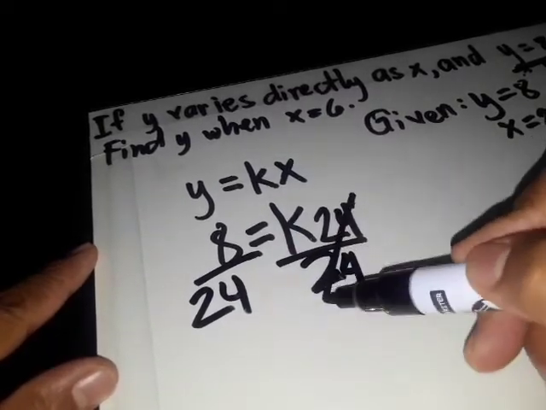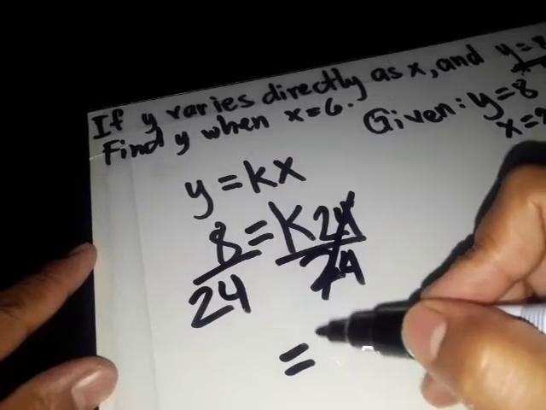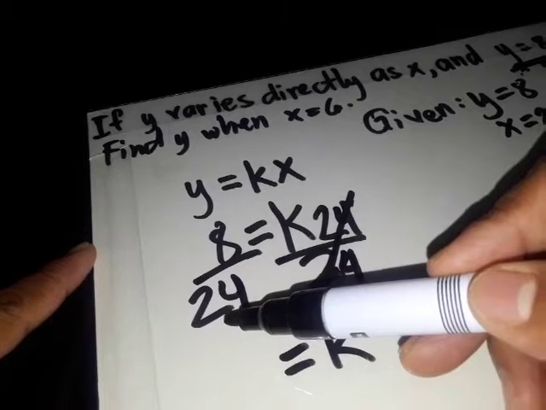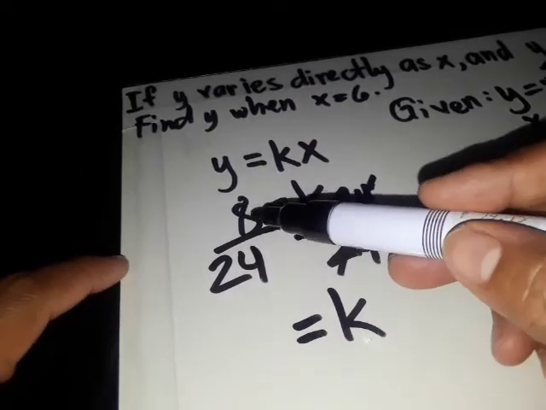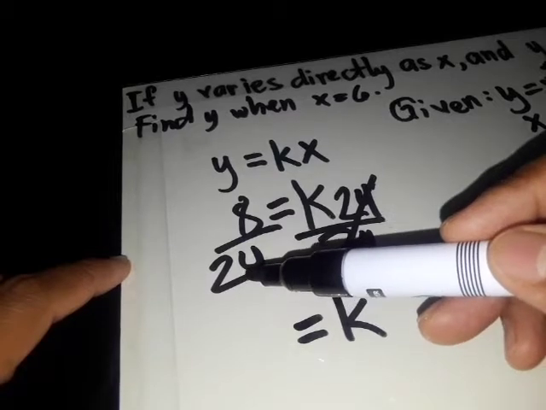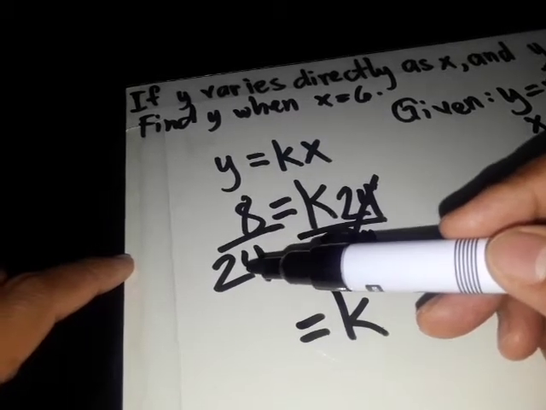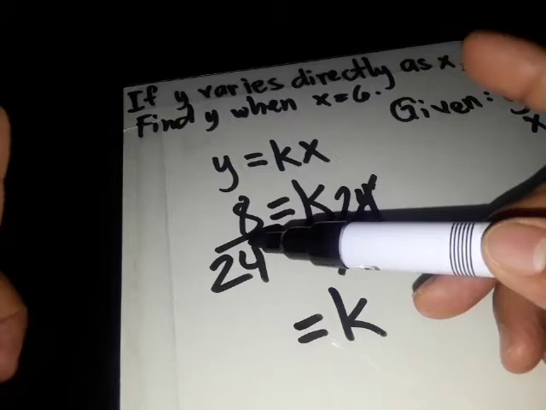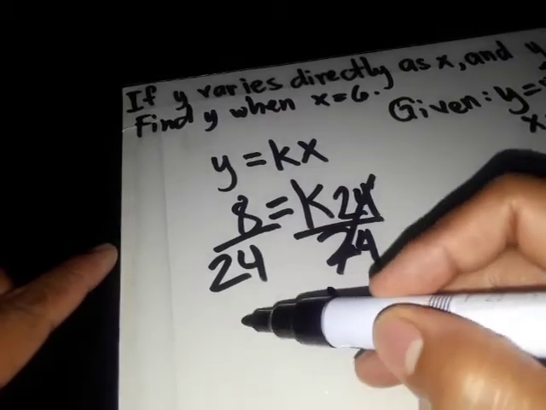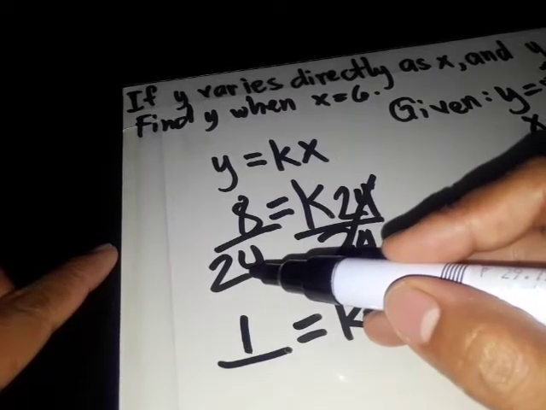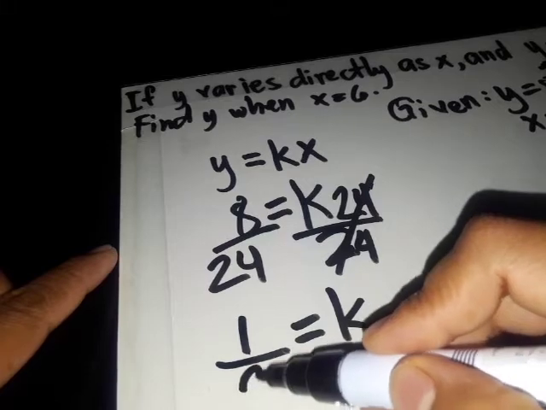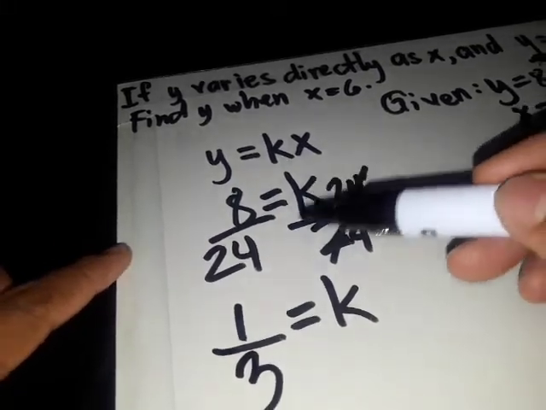So cancel na natin ang 24, ang matitira ay si k, and then 8 over 24. Kung napapansin natin, ang numerator ay mas maliit sa denominator, pero pareho silang divisible by 8. Kaya i-divide na lang natin siya para makuha natin ang lowest term. 8 divided by 8 ay 1, and 24 divided by 8 ay 3. Okay, so ang k natin ay